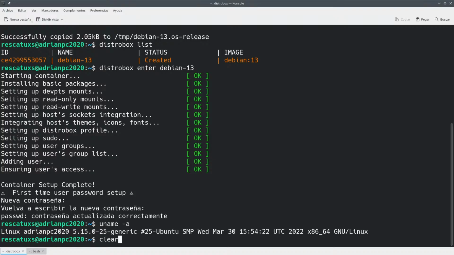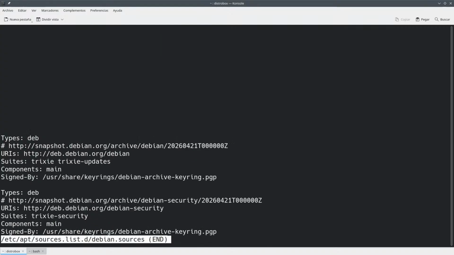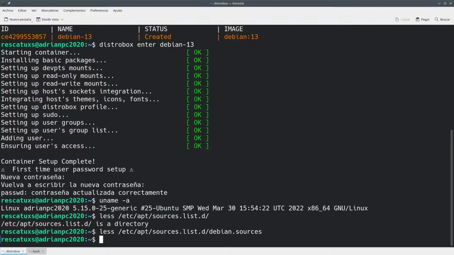So I think we are inside of the thing, but this is not. Oh, look at that. Yeah, this is Debian 13, but I don't want this to be like this, because otherwise